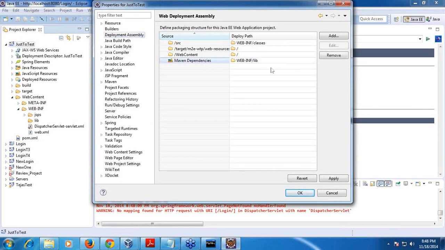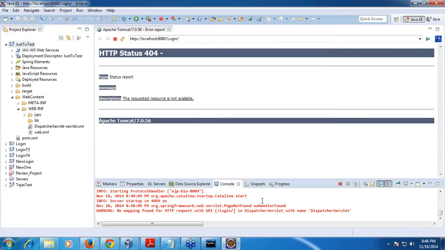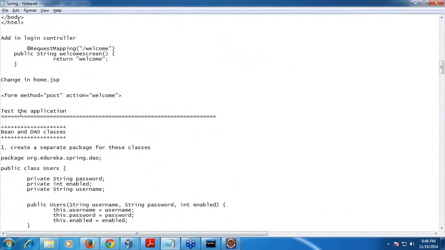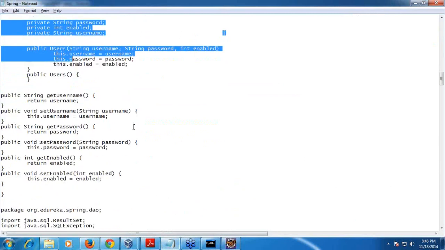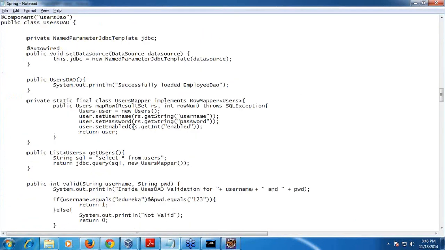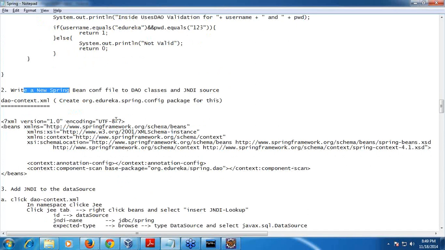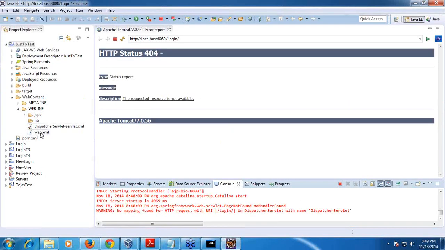Deployment assembly, Maven dependency is there. Let me just quickly recap. We tested here, then everything was fine. So now I have added this program to Java files and then context.xml. So did I do any change here?